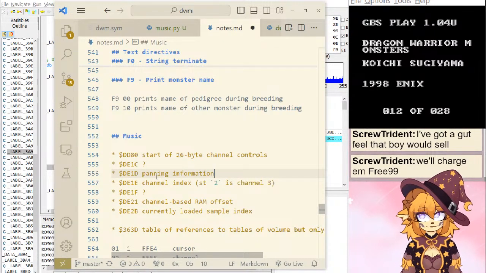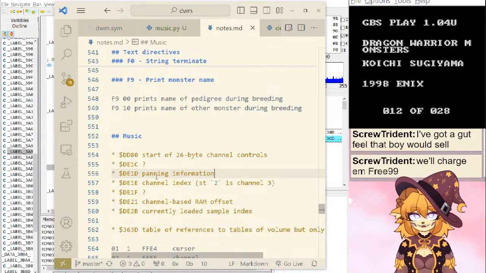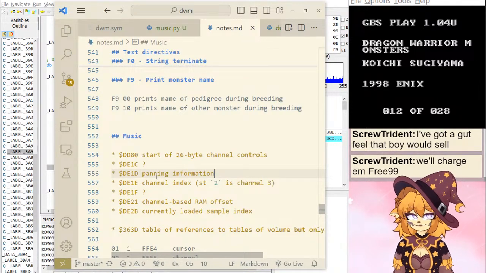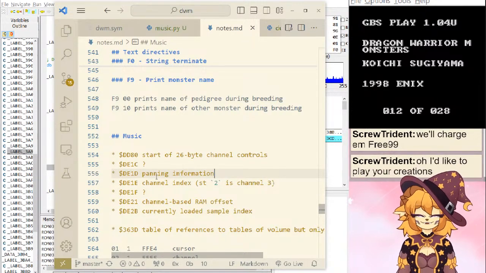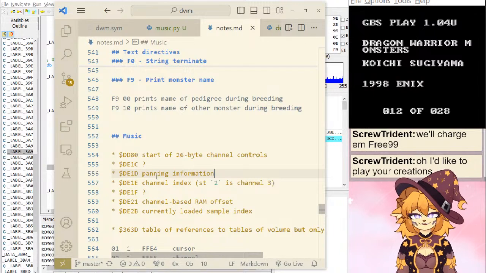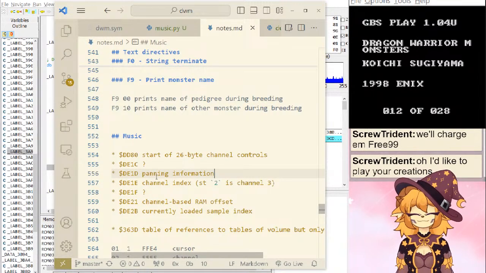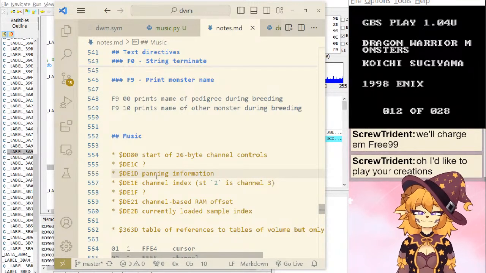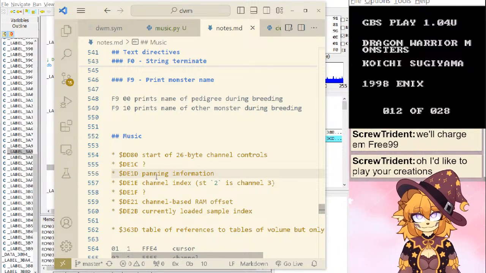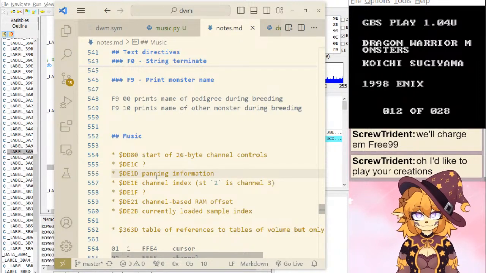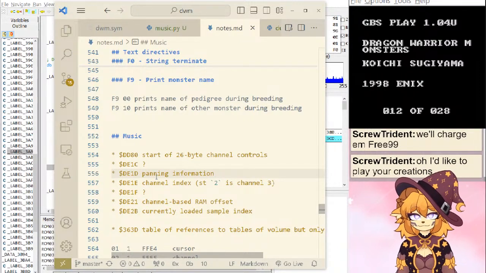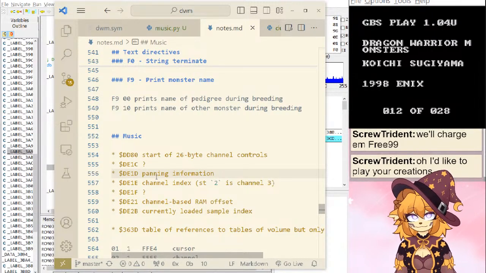Charge them free 99. The player creations though, they're not even good. They were just dumb things. I tried RPG Maker too back in the day, but I never really did anything with that.